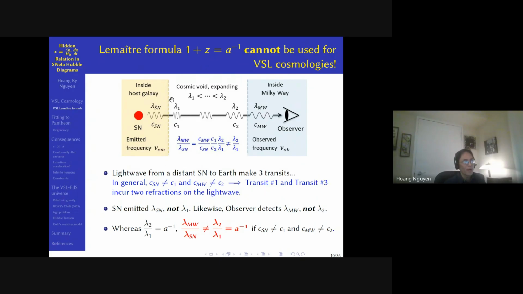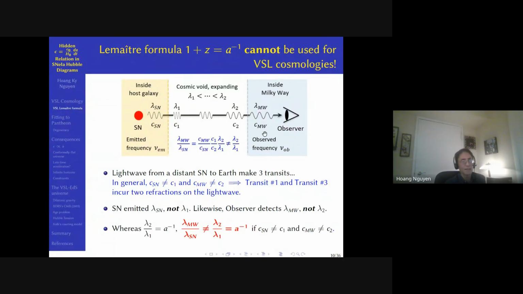And so for the transit 1 and 3, right here we have a refraction effect due to the transmission of light wave across a medium with varying velocity of wave. And so therefore, there is the wavelength on the right here, right? So we have lambda Sn inside, it changed to lambda 1 because of the refraction right here. Lambda 1 to lambda 2 is the usual cosmic expansion. And lambda 2 to lambda Milky Way is the change in